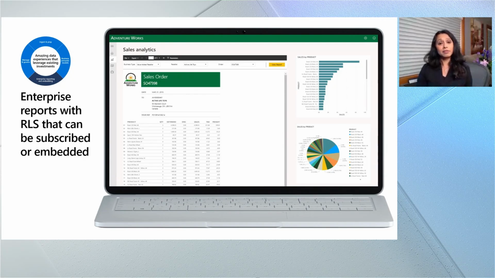But two things I want to touch upon here at this session. One is those reports that you just created, you can embed those reports in any application that you've created with RLS, row-level security applied. Or you can also enable subscription-based bursting. So me in a sales department can subscribe to these reports, and based on what data I have access to, I can only see those when I get those email subscriptions. So if I'm an account manager in the UK, I only see my UK specific data.